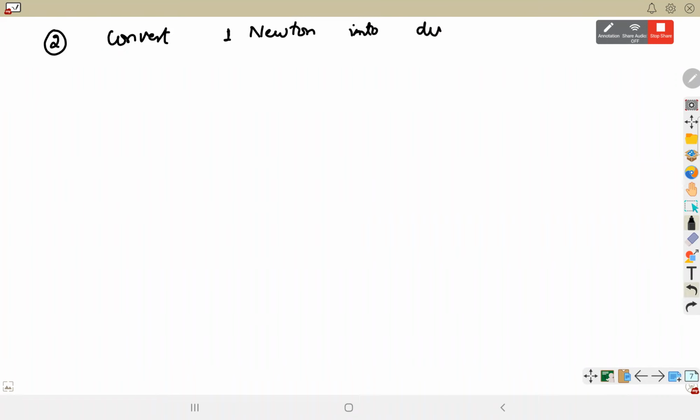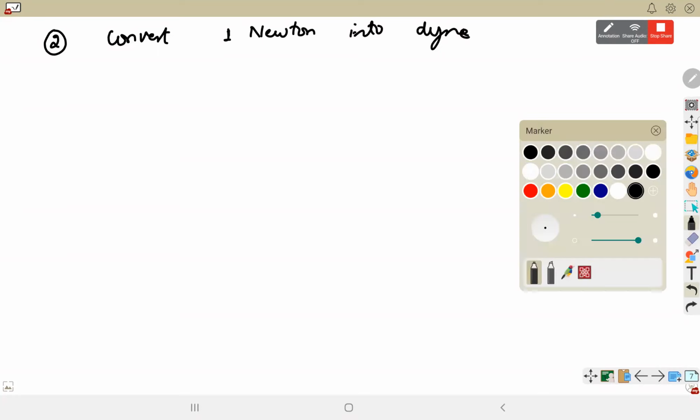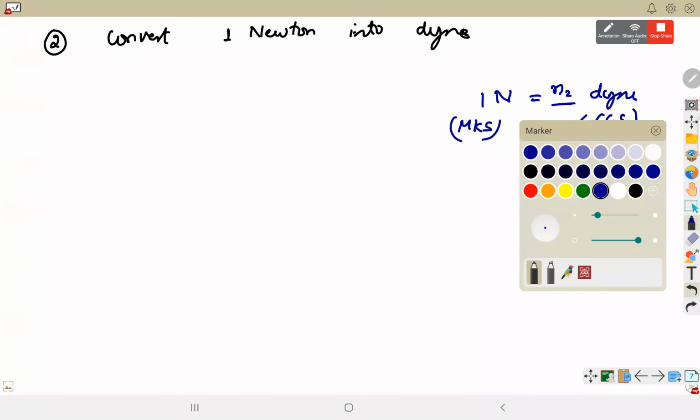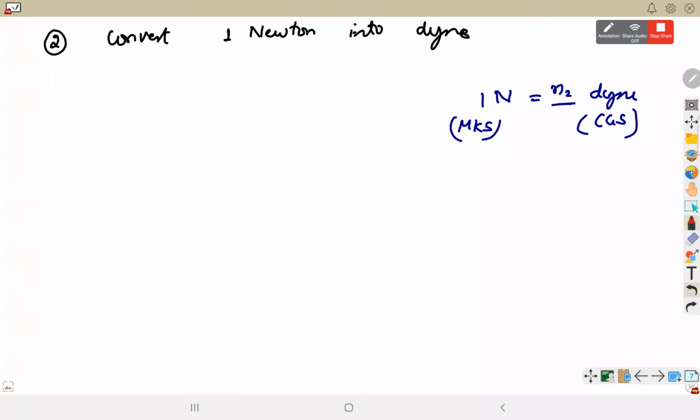ये information है जो आपको पता हो जाएगी when we do these chapters। लॉज ऑफ मोशन में हम फोर्स करेंगे, एनर्जी, वर्क एनर्जी एंड पावर में हम एनर्जी करेंगे। So now you have to convert 1 Newton into dyne। This is the unit of the quantity of force। न्यूटन को डाइन में चेंज करना है, और कितने डाइन है वो हमें पता करना। 1 Newton, so this is the force। Newton is in the standard system, dyne is in CGS system। What is the unit of force in FPS system?